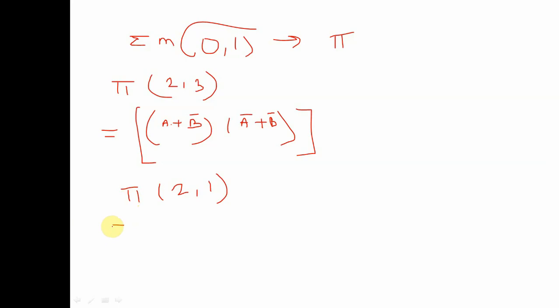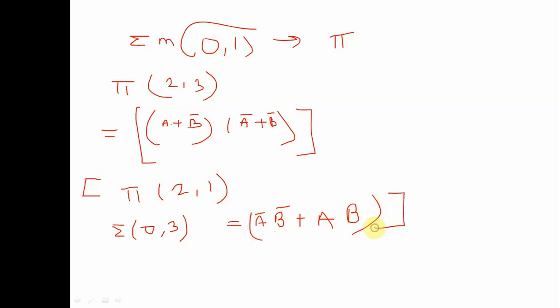This pi is converted into summation. So apply De Morgan's theorem. Applying De Morgan's theorem, 0 and 3 terms are absent. So the final expression is 0 is nothing but A bar B bar. So this is the POS form. In this, first the multiplication is done and after that adding terms, and 3 is nothing but AB. This is the final answer of POS form.